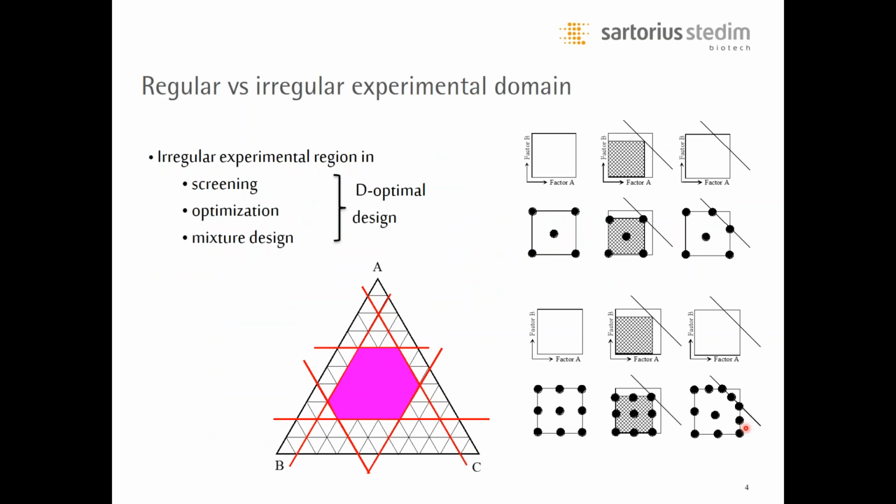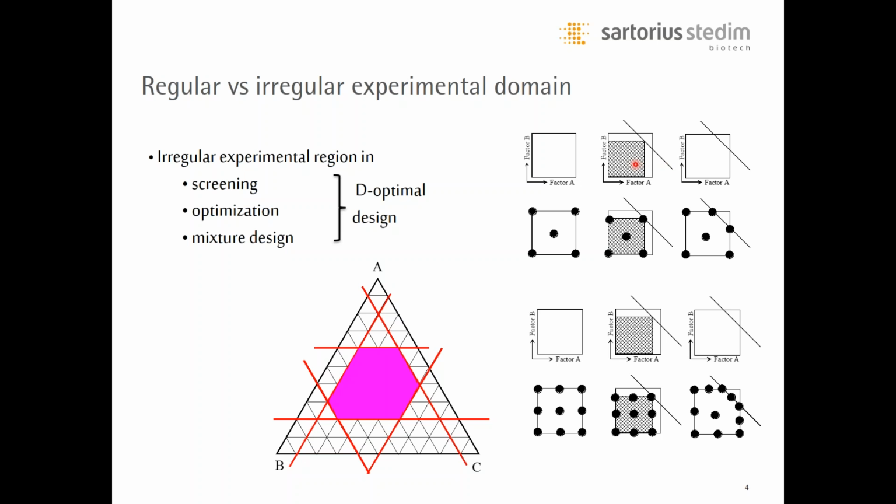Before we go into some of the properties and hallmarks of these designs, first just a little note on what we mean with a regular experimental domain versus an irregular experimental domain. So a regular experimental domain that is in focus in this presentation means that you can map it using classical DOEs, classical fractional factorial designs, classical central composite designs, and so on and so forth, and that the experimental region is not mutilated by some sort of constraint, chopping off a corner or making some part of the experimental domain inaccessible for